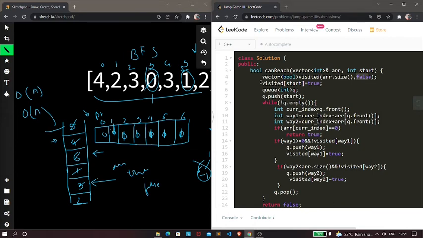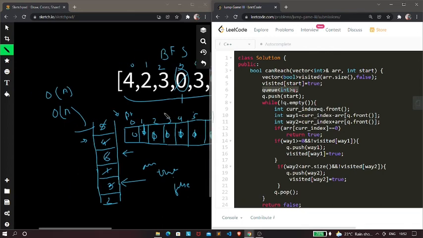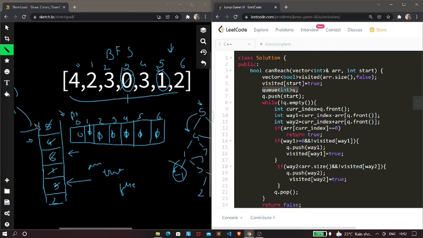Next we have made the visited of start, that is the starting index of the visited array, as true, which means that it is visited. And next we have created a queue over here. In that queue we have pushed the starting index. If you consider this example, we have pushed 5 as the starting index.